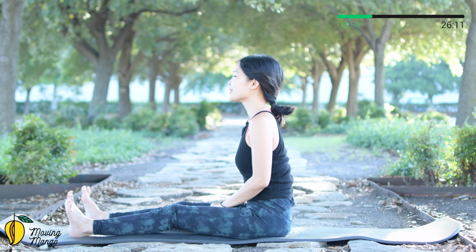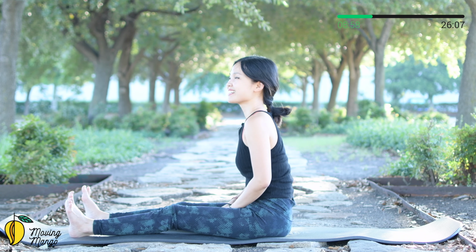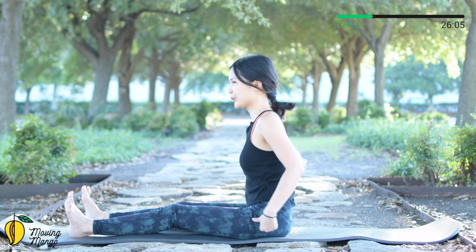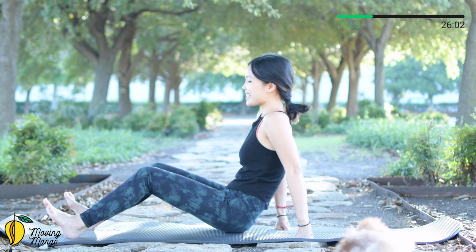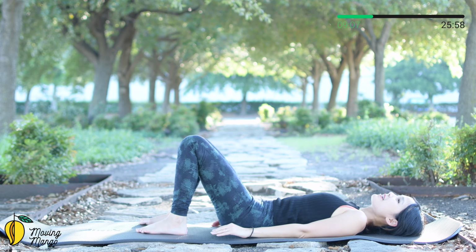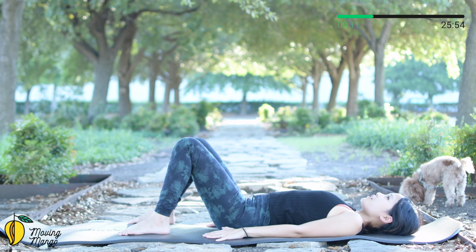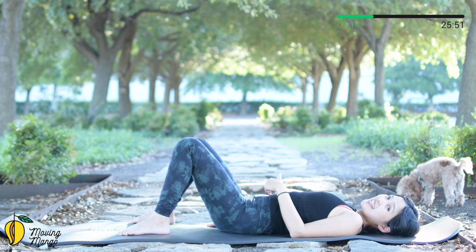Rotate the shoulders fully in 4 directions and then reverse. Inhale deeply through your nose and exhale deeply through your mouth, and allow yourself to lie all the way down on your mat. So arms along your body here. Now open your legs hip-width apart, and I want you to inhale, articulate your spine, pull the belly button in, and